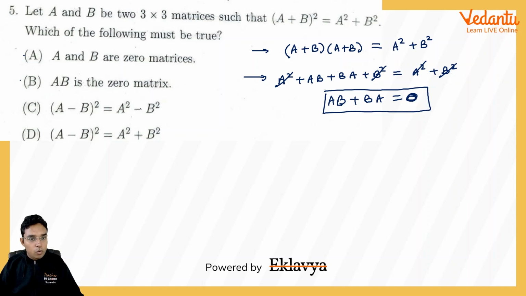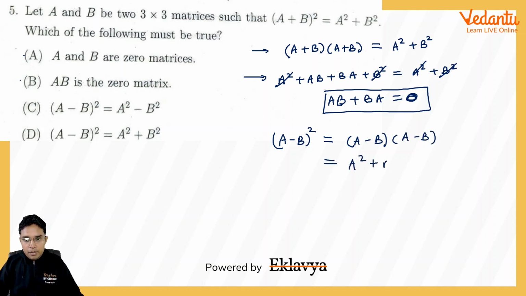A minus B whole square. Now please see, this is what we may get as the answer. For (A minus B) square, the way I have done it here, we will be writing (A minus B) multiplied with (A minus B). So we will get A square plus B square minus AB minus B